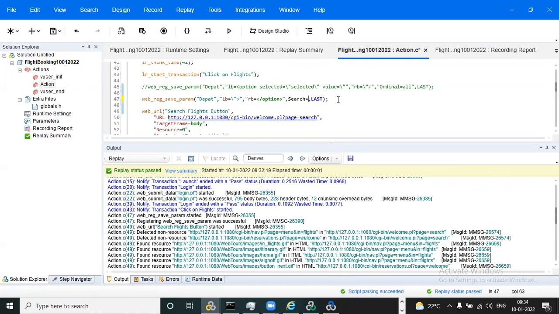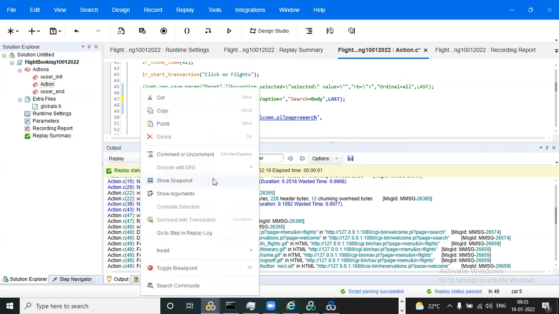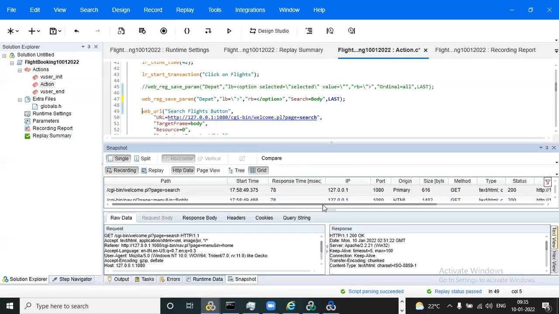Search is equal to, we can give it as Body. Each and every argument has a double colon, it must be a double colon. It means for this LB/RB, it will search in the body. Otherwise, it is in the headers. Sometimes headers will also be there, so I will show the headers.